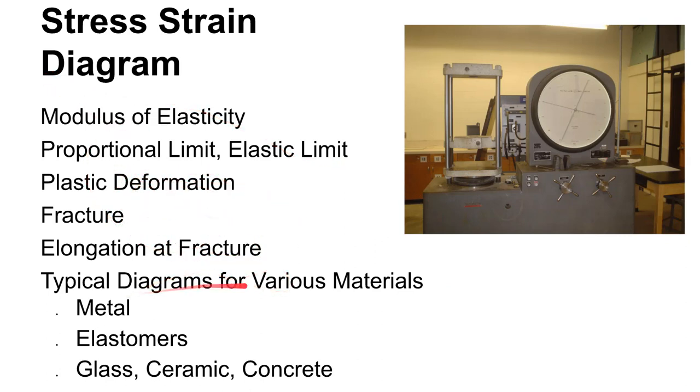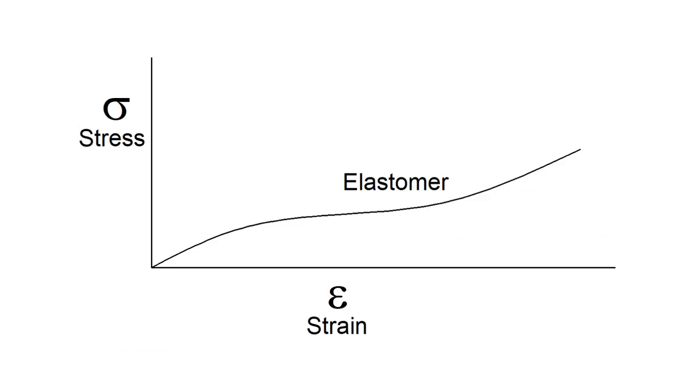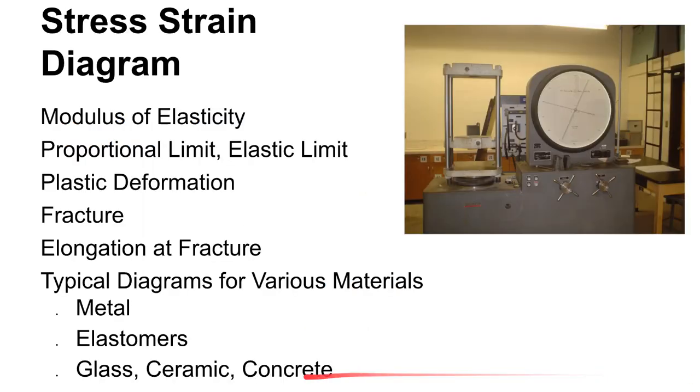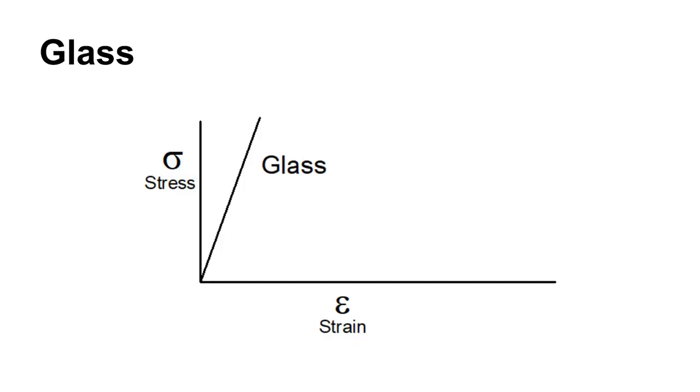I think I've talked about most of this, except I haven't talked about what a stress strain diagram would look like for things like an elastomer. So this is a very long, stretchy material, and we'll get a very long, drawn out, very low stress strain diagram line. If we looked at glass or ceramic or concrete, if we look at glass,